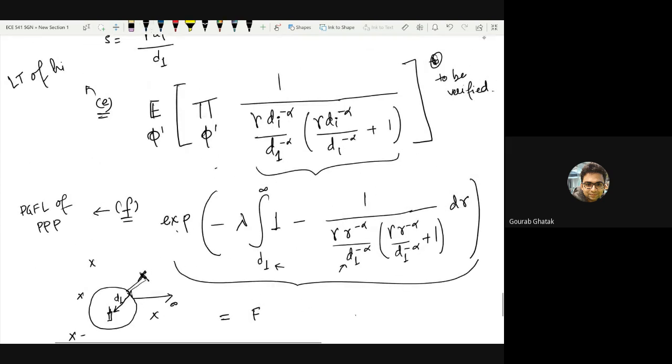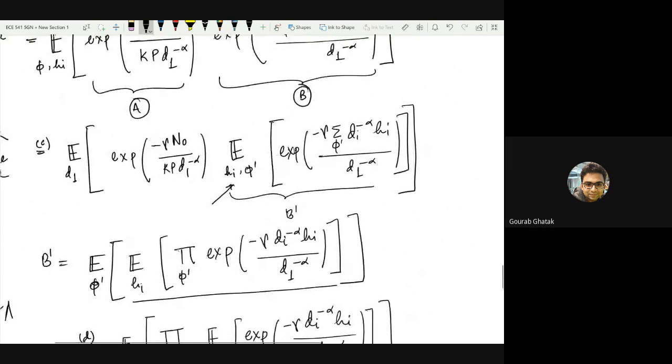This will evaluate into some function, let's call it fb of d1, which then we will go back and substitute here as fb of d1, multiplied by another term which is a function of d1 and take an expectation with respect to d1. Overall, these terms might not evaluate into closed form solutions. So in the next class, not only will we be completing this derivation, but I will be demonstrating in MATLAB how we do the numerical integration to evaluate this.